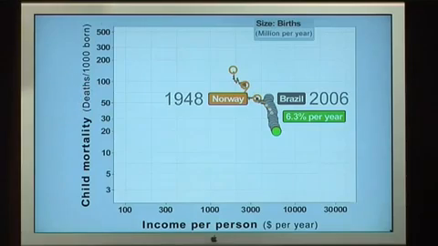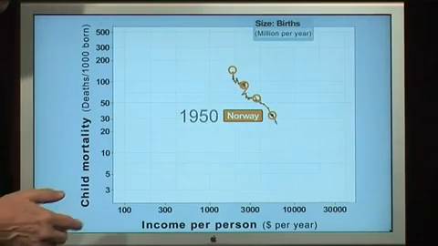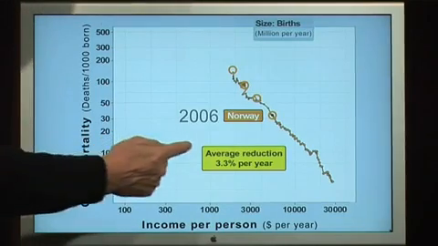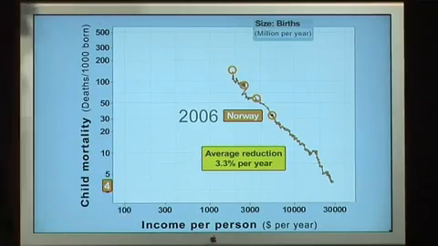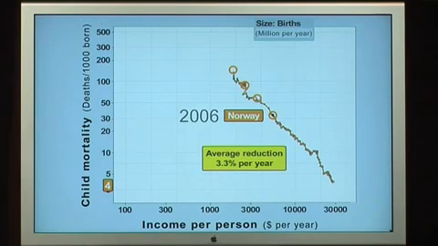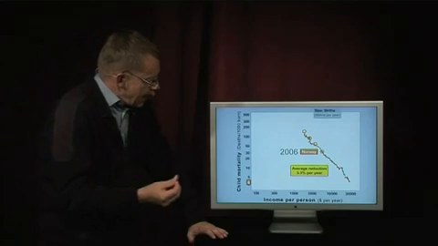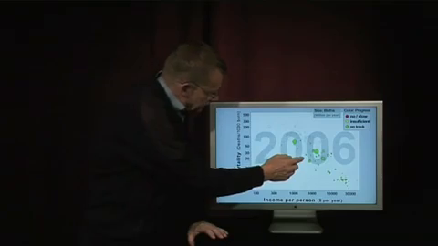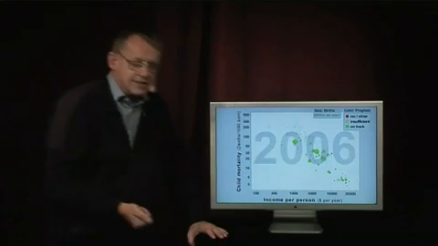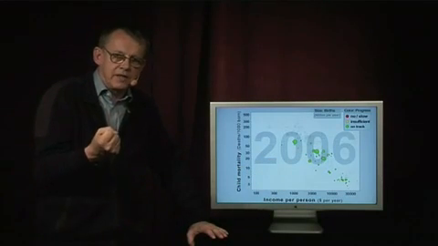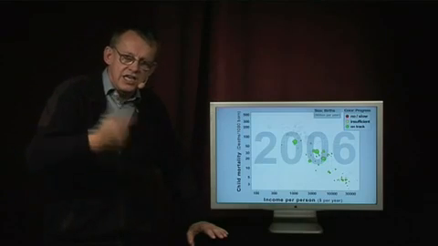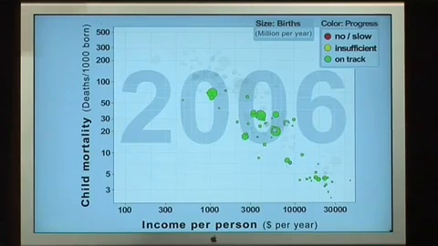Now, let's look how Norway continued. Norway was indeed, in history, very successful, but it reached down to its present position by a reduction of 3.3% per year. And the other countries of the world, well, these green ones, they have achieved Millennium Development Goals exactly as Bangladesh, Egypt and Brazil, or they are very well on the way to achieving them, because we continue to